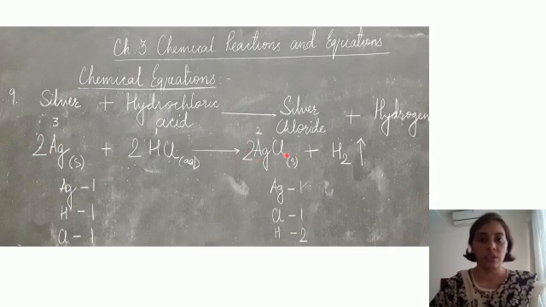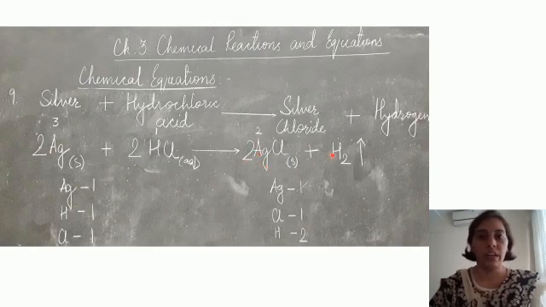You cannot write a 2 here. Otherwise, it will change the molecular formula. So you will write a coefficient 2 in front. By this, what has happened? This 2 is applicable to silver also. So silver also becomes 2. So how can you balance silver? By writing a 2 here. So this is how we can easily balance the equation.